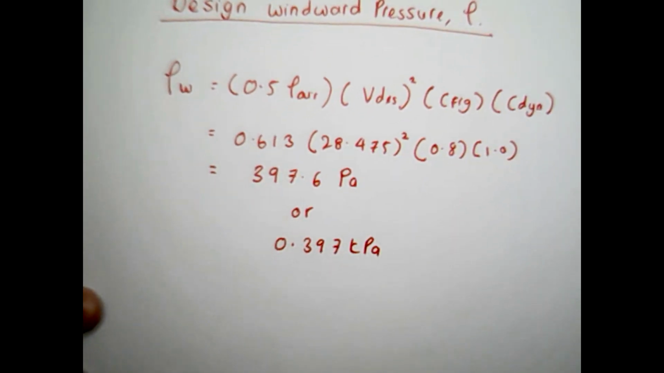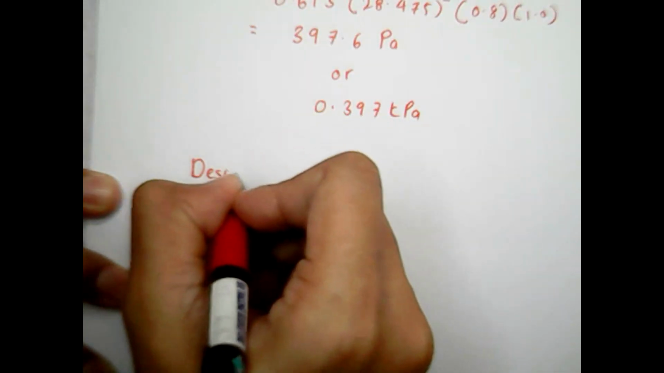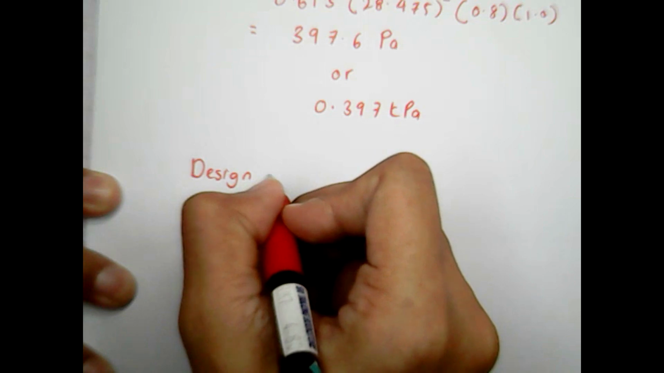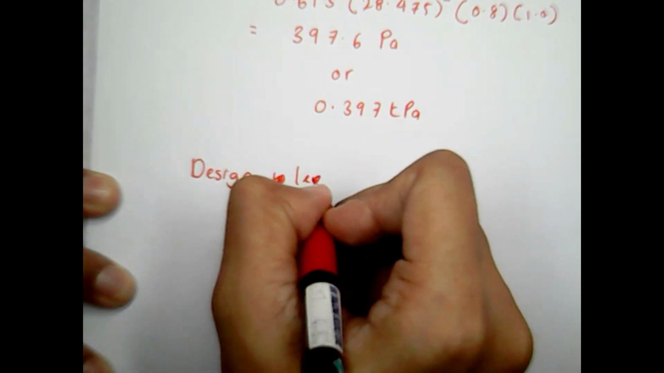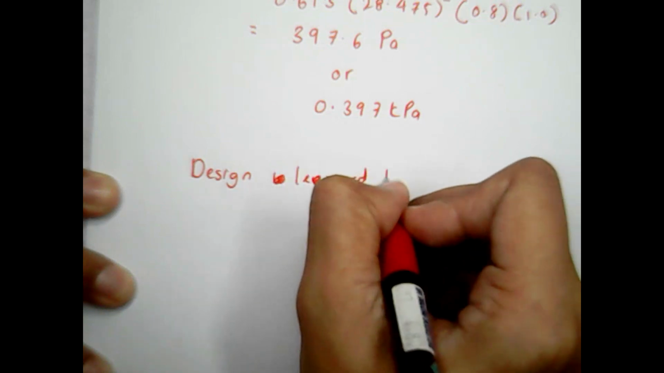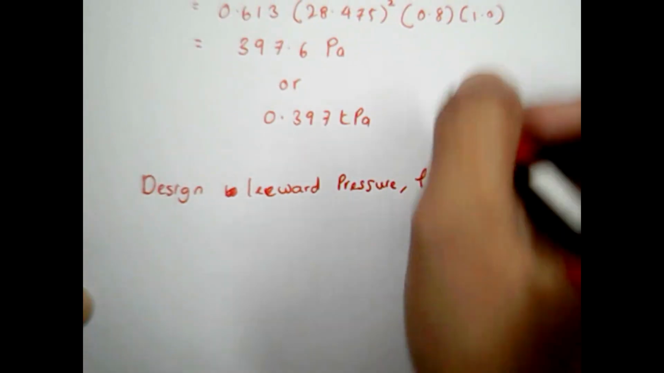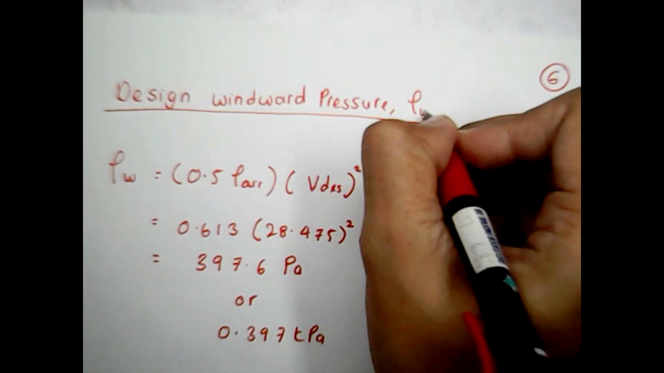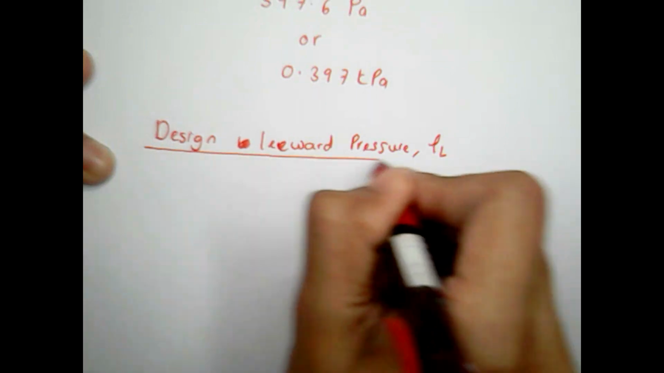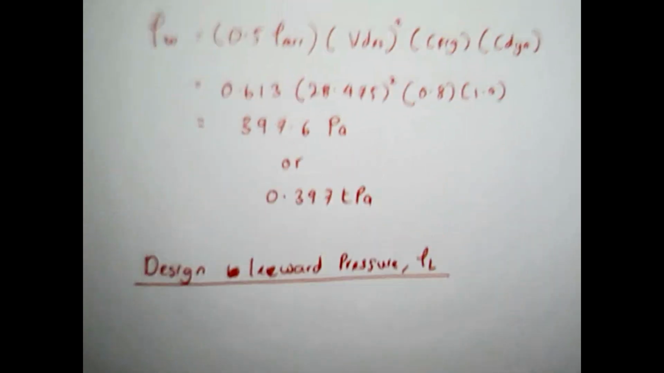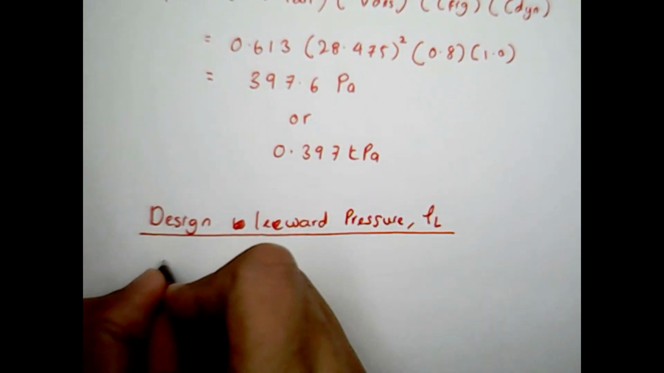So that is for the windward. Okay, so now let's calculate the design pressure for the leeward pressure, P. So this is windward, and here is leeward. Okay, so for this one, for leeward,